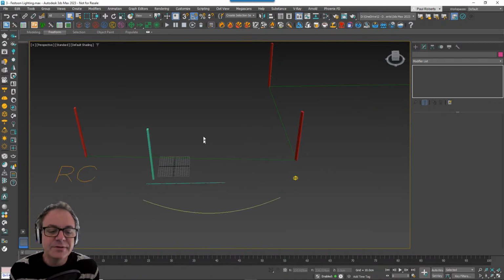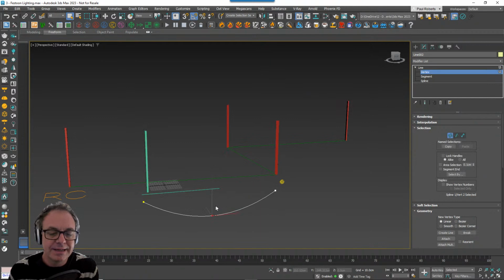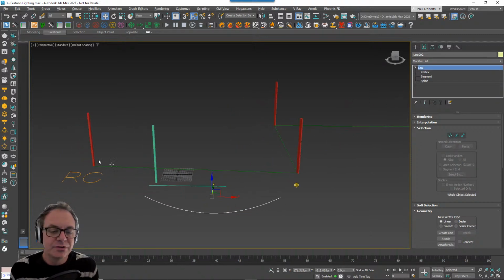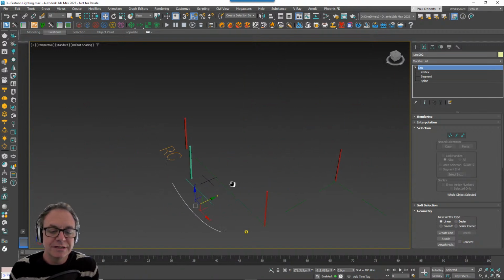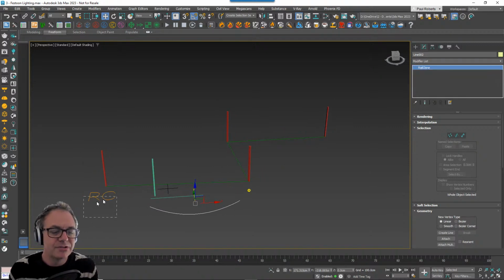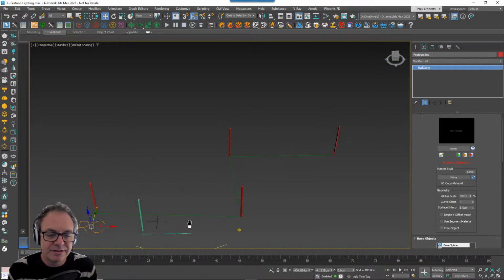Okay. So the point here was that I've got this spline here, which is for my cable. So I'm going to put a little sag in it by adding a vertex in the middle, and what I want to do is obviously distribute that between these posts there, but there are a few limitations, like how do you do that when the lengths between the posts are quite different, and how does the number of lights change between those, and so on and so forth. So let me just show you one solution to this.